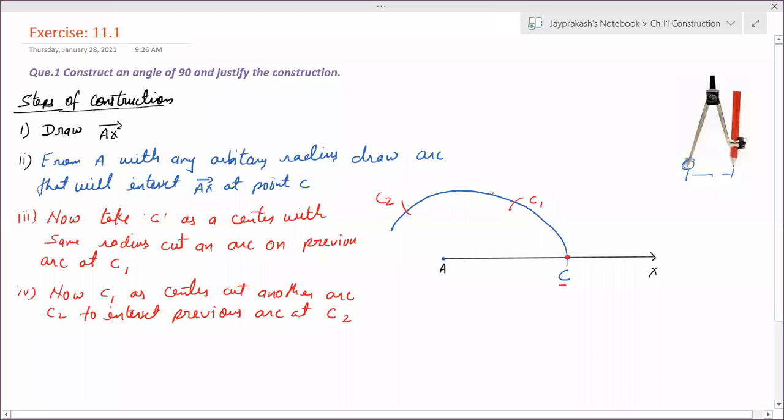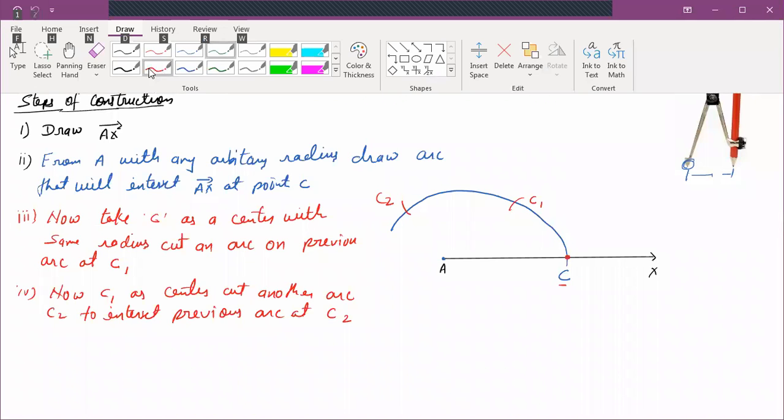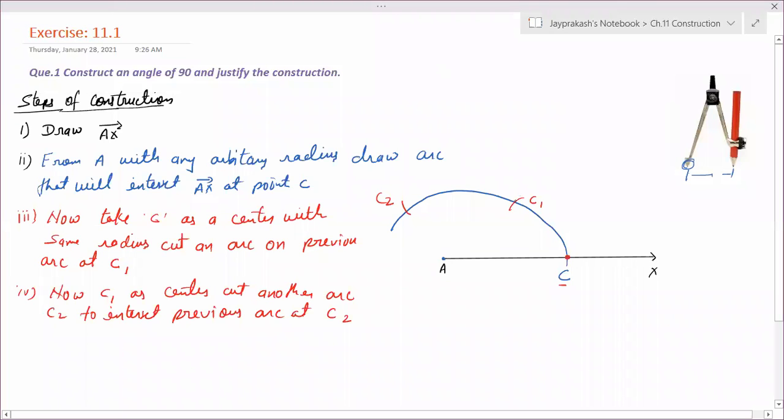Now take your compass with the same radius and put it on the point C1. Now with the same radius, cut another arc with the center C1.